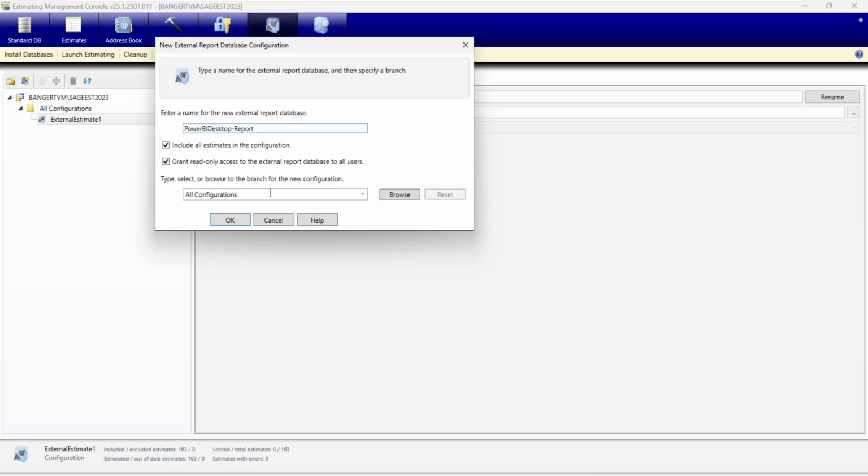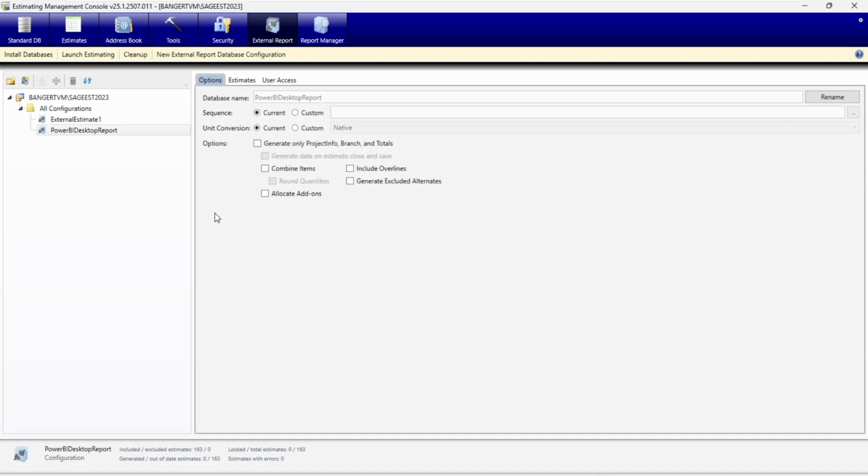And then I could tell it if I wanted to do a particular branch or something of that nature. So there again, I'm just going to leave that where it's at the moment. And apparently I've done something wrong up here, so maybe I'm going to take the dash out of there. It's probably not required, or isn't wanted. So here's that Power BI Desktop one I just set up.